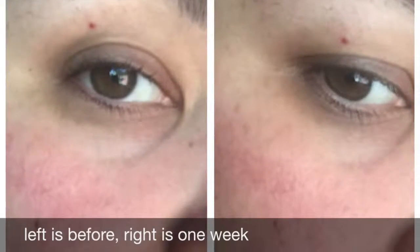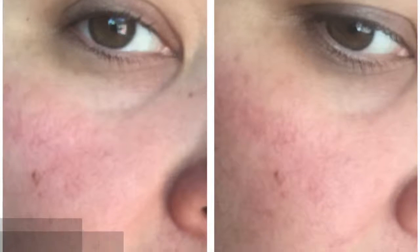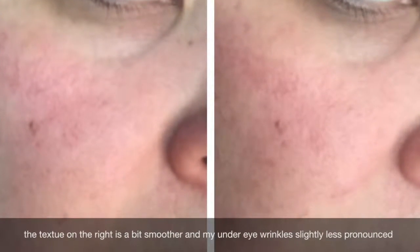Otherwise, my skin is combination, so T-zone, super oily right here, and a little bit down the chin, and definitely across the forehead. So yeah, here's the thing. I have a before and after picture from a week, and I think you can tell it's a little firmer and a little smoother. And I think it would have continued, except after about week 2, I started having some